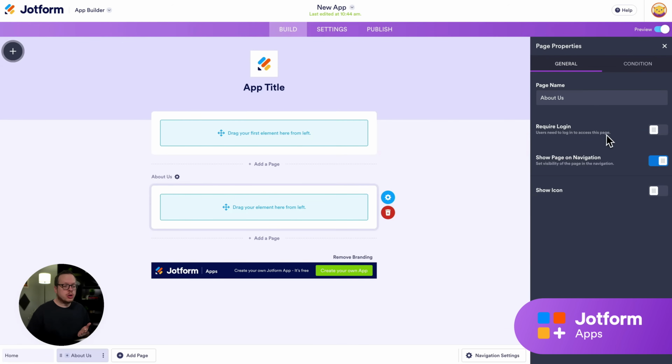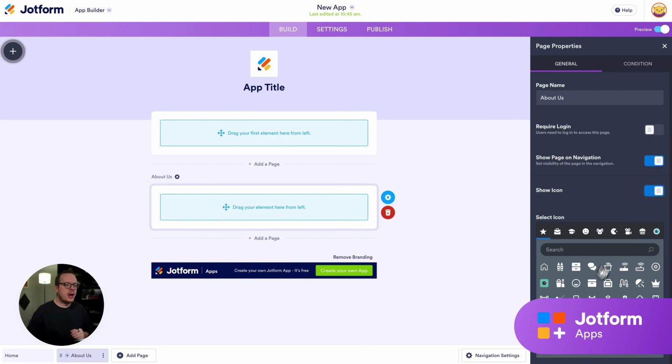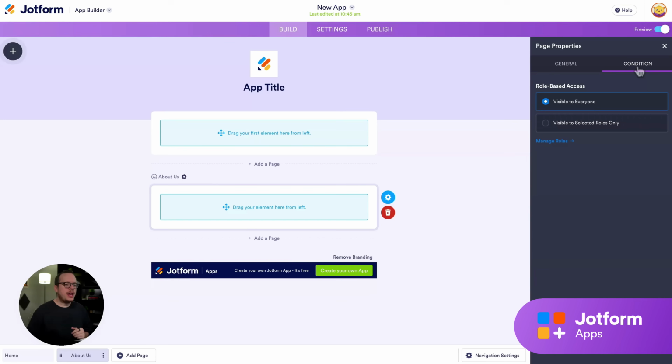Here, you can also control access and visibility. You can toggle require login, you can choose whether to show the page on the navigation, and you can enable show icon to add an icon for clear navigation. Next, let's switch to the condition tab, and we can use role-based access to control which users can view this